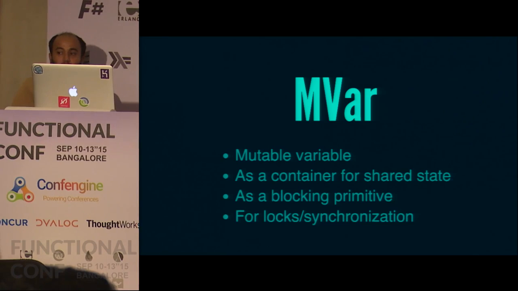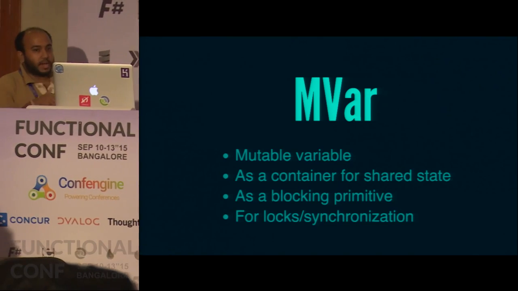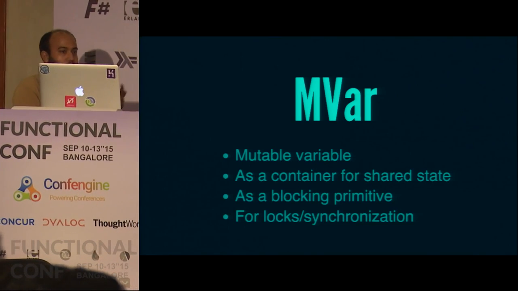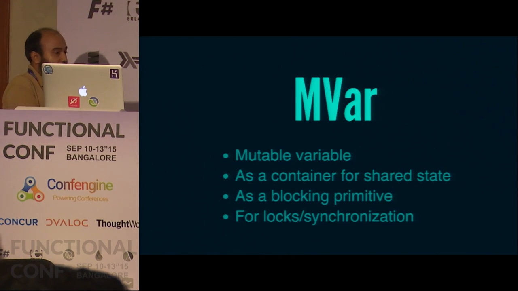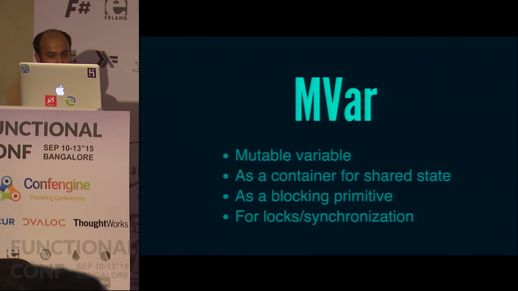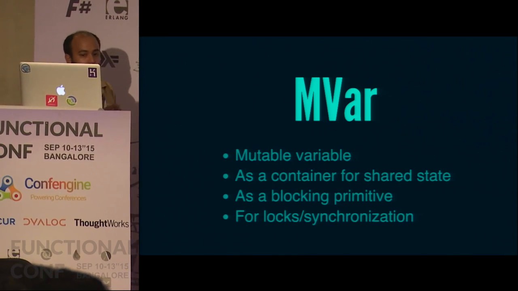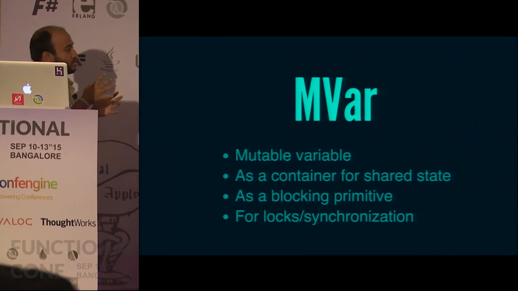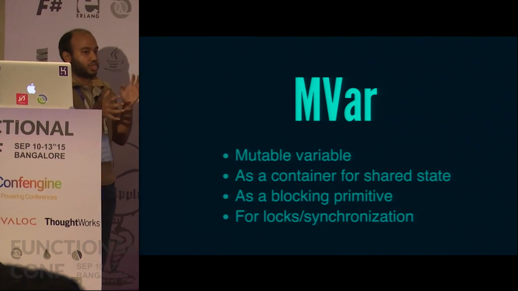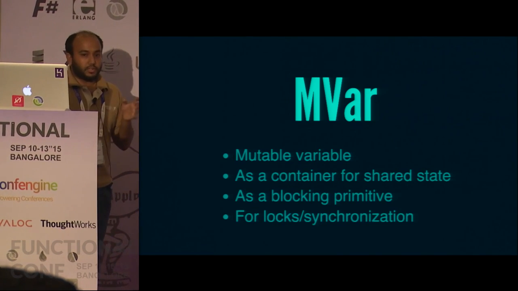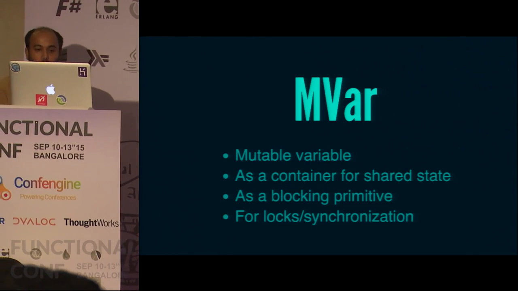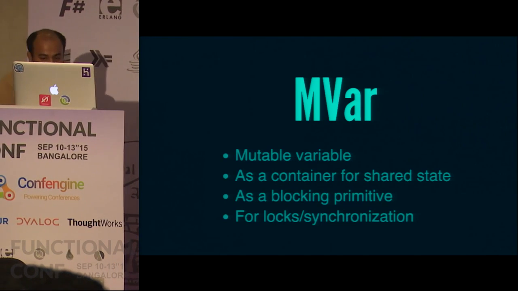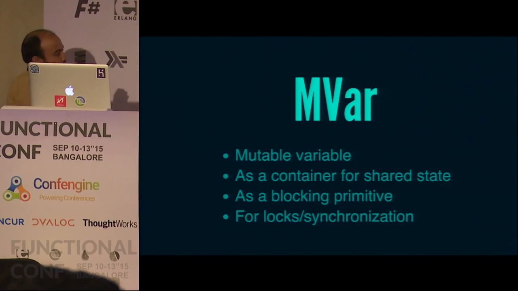That means that in one single step it will be changed, and all the other threads who were looking into it will never get an inconsistent view of what's inside the box, right? So an MVar is not only just a mutable variable, it's a container for shared state. If you want to share state between multiple threads, then you use an MVar, because you can make sure that the values change atomically, right? So it's actually more than just a box. It's